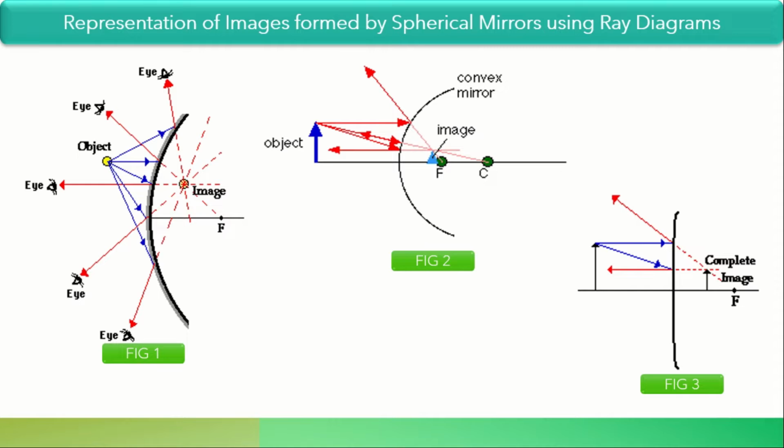To construct the ray diagrams, in order to locate the image of an object, a large number of rays emanating from a point could be considered. However, it is more convenient to consider only 2 rays for the sake of clarity of the ray diagrams. In figure 3, you can observe that the intersection of at least 2 reflected rays gives the position of the image of a point object. Even though a countless number of rays are emitted from an extended object, in order to draw the ray diagram we use only 2 rays, so that we can clearly note down the image formation of the object.